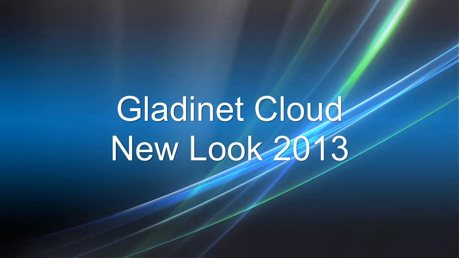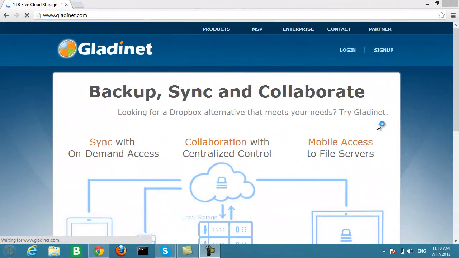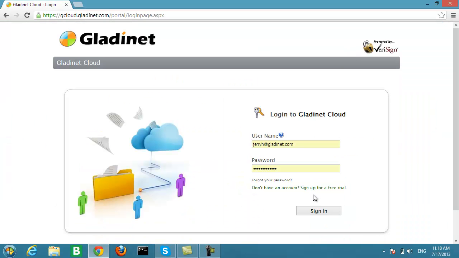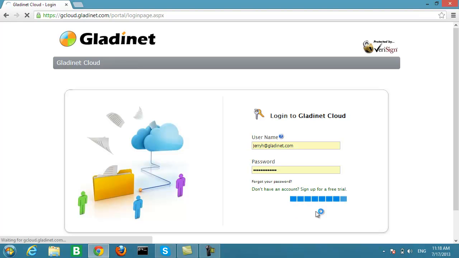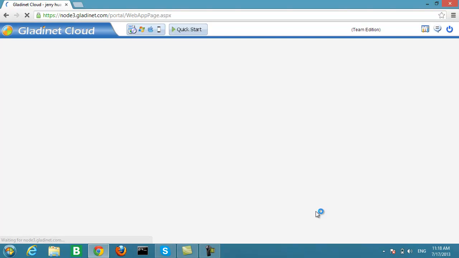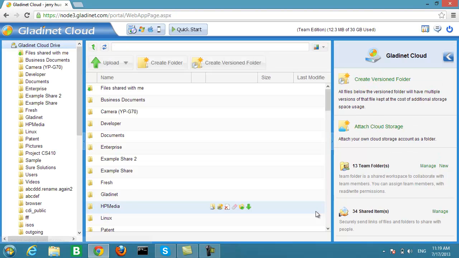Hello everyone. Today I'm going to go through the new look and feel for Gladinet Cloud. As usual, you would go to the Gladinet homepage and log in with your own Gladinet team account. As you log in, you are looking at the web-based file manager, and as you can see here, the default